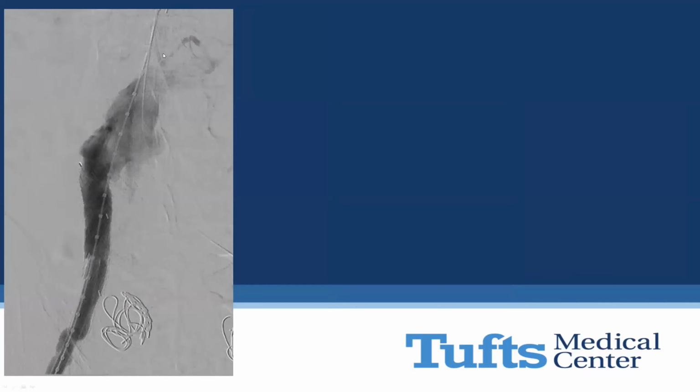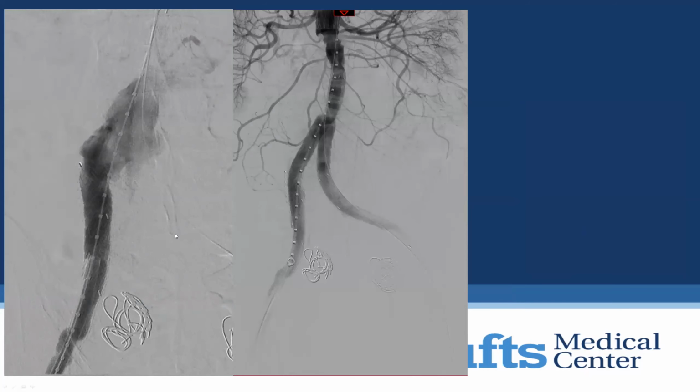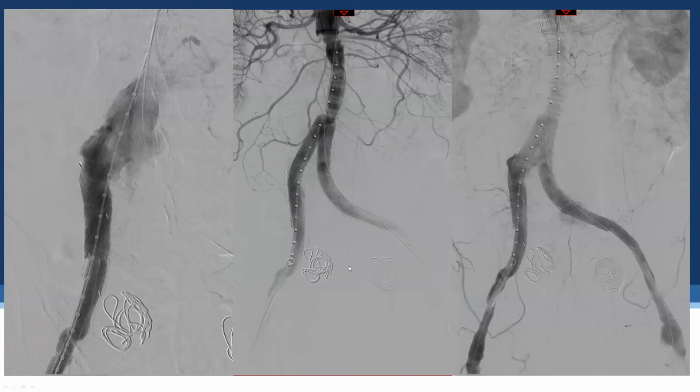And then we went to the right side, did a very similar thing, inject the sheath with a pigtail up, figure out the length, and our goal was to land kind of in here where the taper was. We went up, we deployed the body. For those of you who haven't seen one of these, these are the indentations of the sealing rings right here and right here. The body looked a little narrowed, but then the limbs, and then we let it run a little bit, and we had leaks.